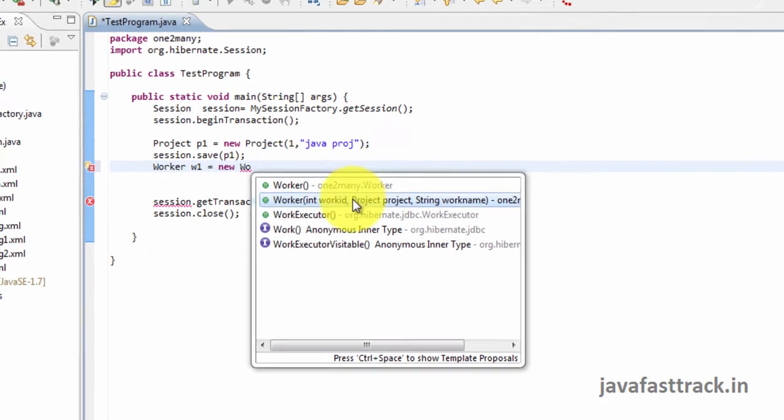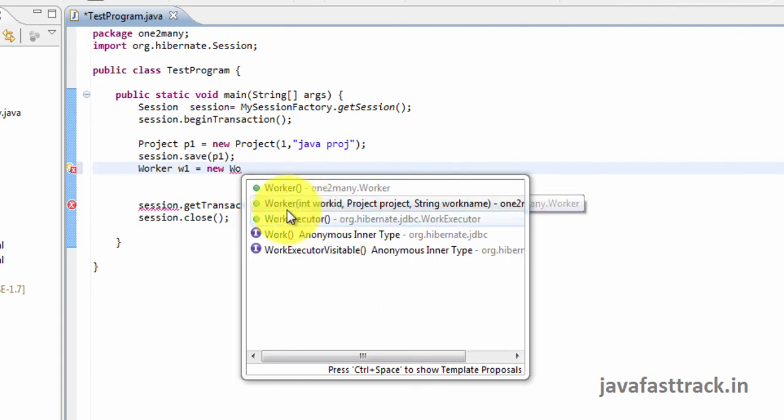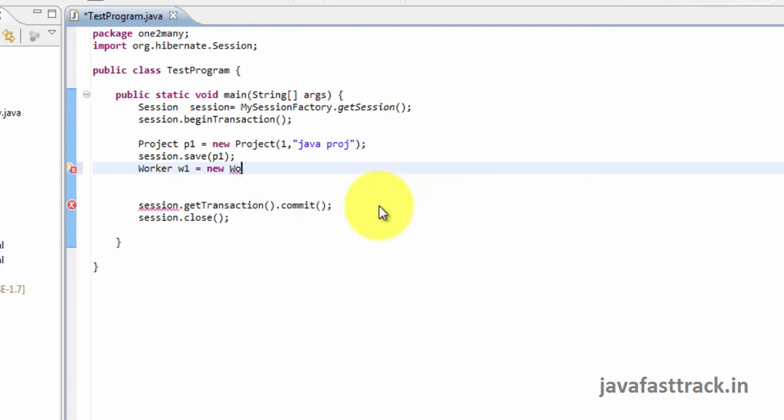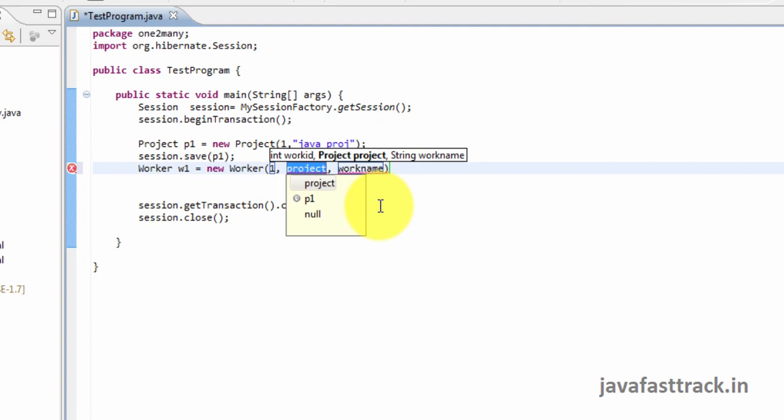I'll use the worker constructor, which takes three parameters: the worker ID, the project object, and the worker name. We create the worker table. We insert worker data with worker ID, worker name, and the project foreign key data. The project object is P1.